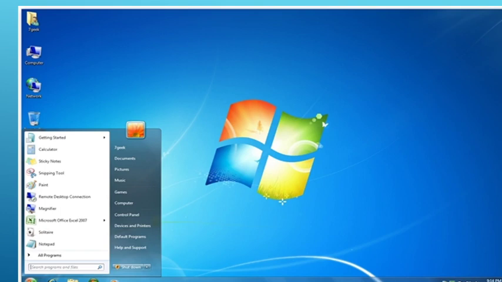This particular icon is for network connectivity. If you have internet on your desktop, this will show with a wire which is connected, and this will blink in Windows 7. This one is speaker. If you have a speaker in your desktop, this will show that volume is working properly.